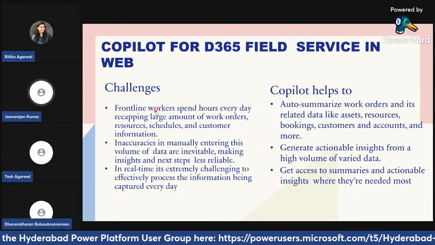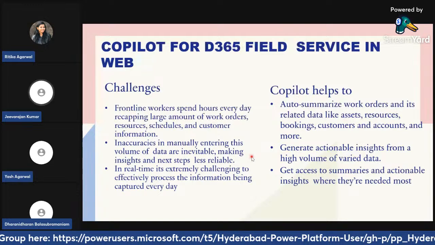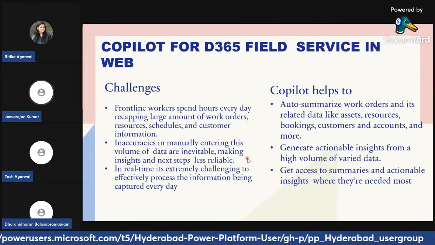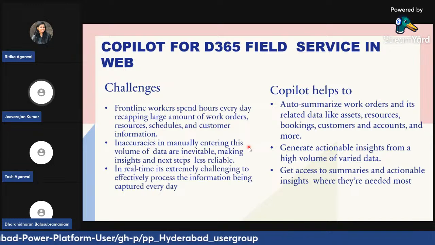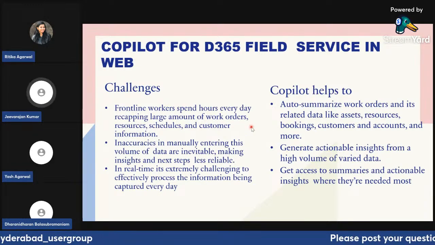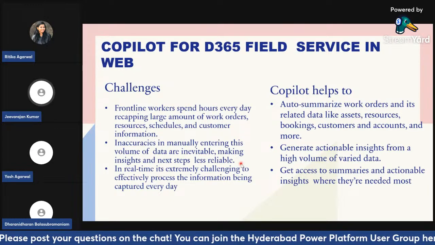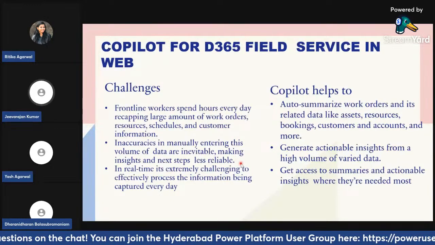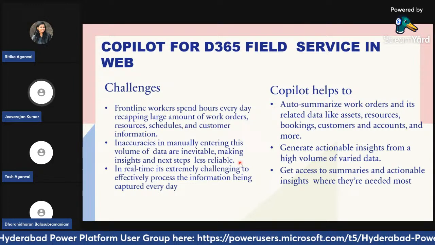The second thing the technician suffers from is inaccuracies. When they manually enter information, if they are not tech savvy, there are more problems. Even technically savvy people still have problems, because the environment a technician works in is generally not an easy one. They might be working in a factory or a manufacturing unit, or where there is poor access, poor light, or more heat or cold, anything like that.